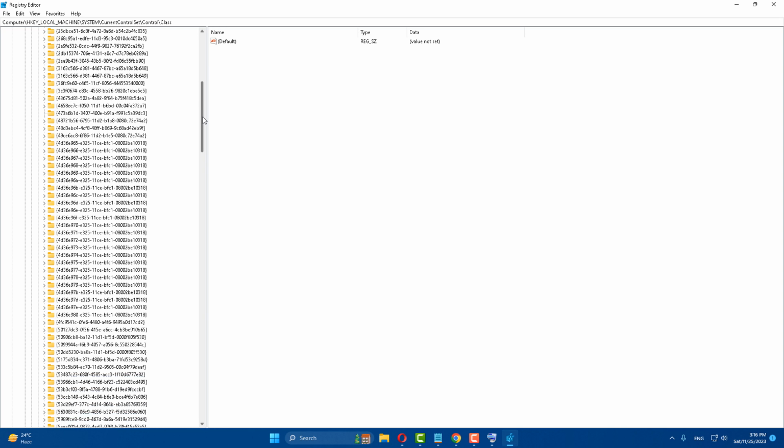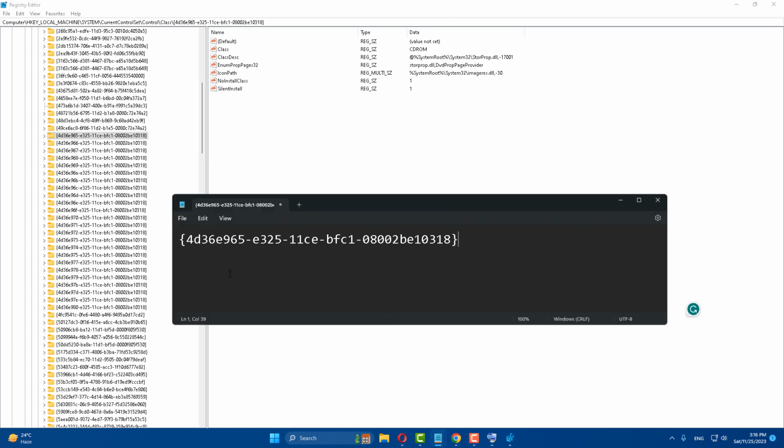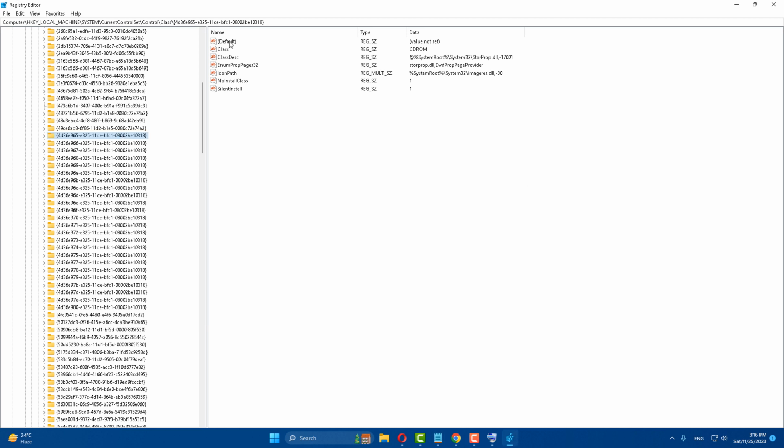After doing this, go down and find the keyboard class folder. Now select this folder. First of all, open Default and set the value data to keyboard. Press OK. After that, find